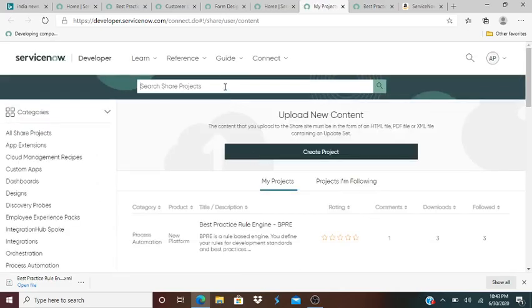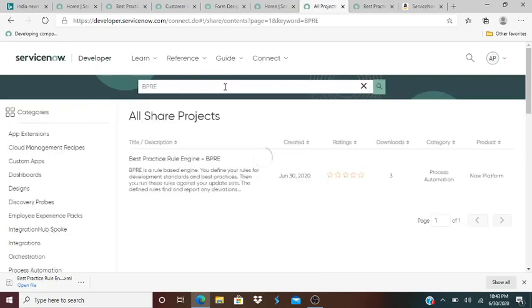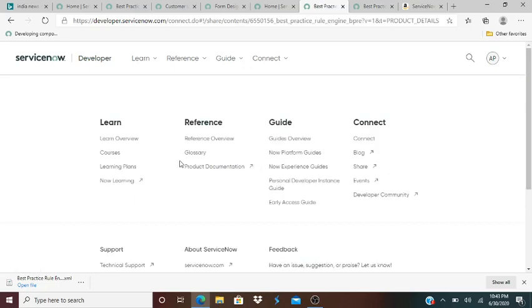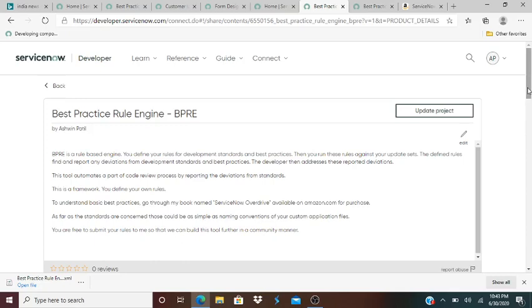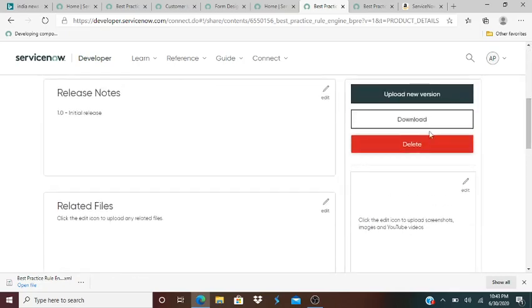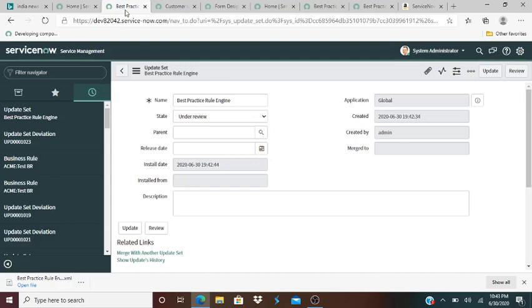type BPRE. There you go. So open this link, click on download. That will download the XML file, the update set XML. Go to the instance,